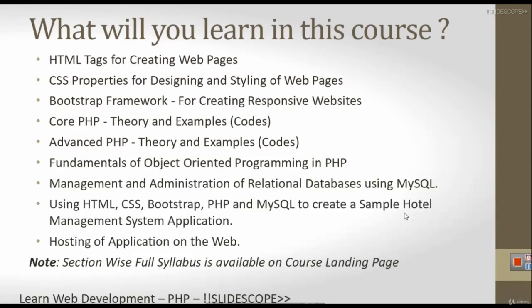We will develop a sample hotel management application, and with the help of guidance on hotel management system application, you can create applications for hospital, you can create applications for school, you can create applications for any type of organization, you can create customized applications and things like that. So you will learn hosting of application on web,